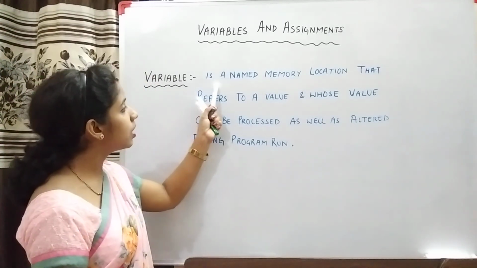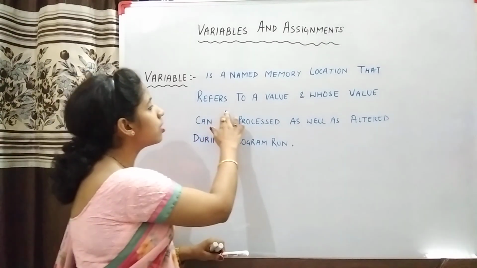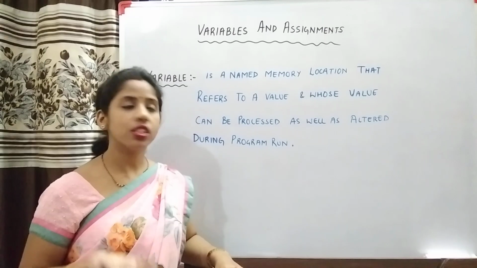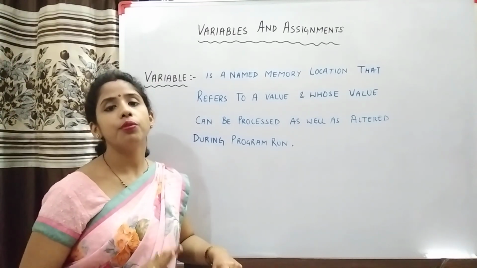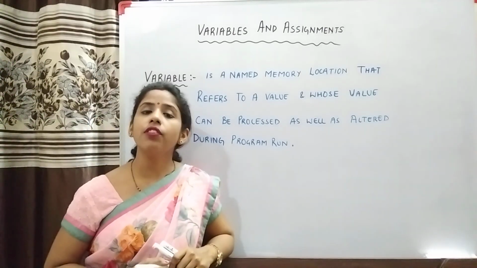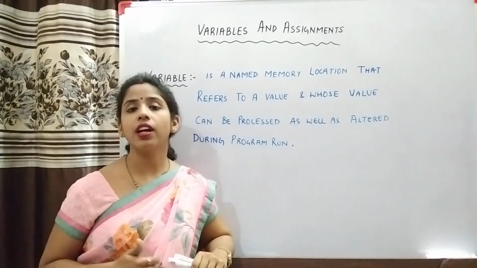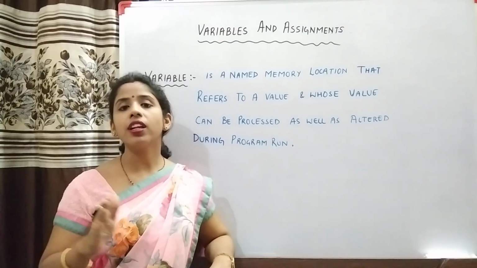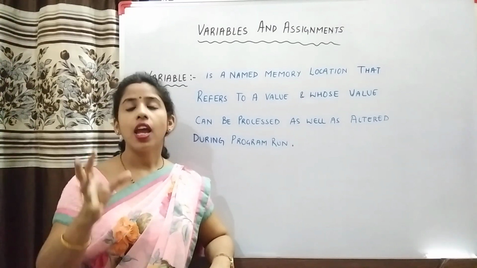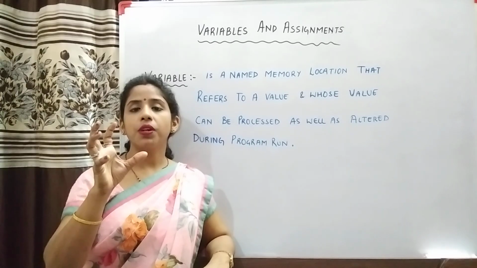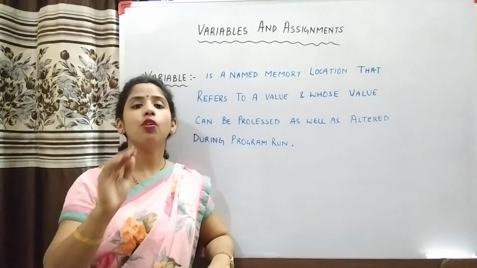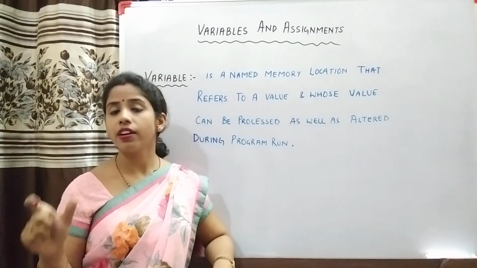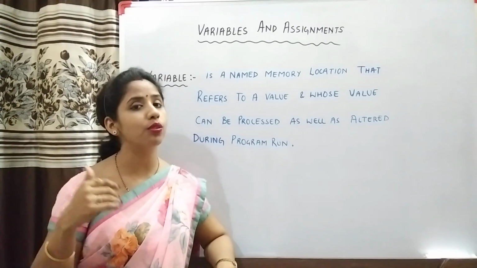A variable is a named memory location that refers to a value and whose value can be processed or altered throughout the program. Children, you know that whenever we need to store some data in RAM, you are allotted a memory space, and that memory space is the place where your value gets stored, but that memory space has a memory address with the help of which you can refer to that location